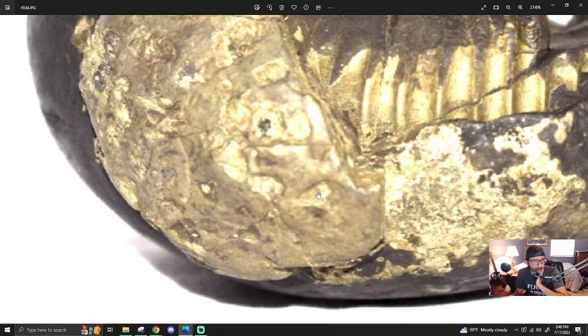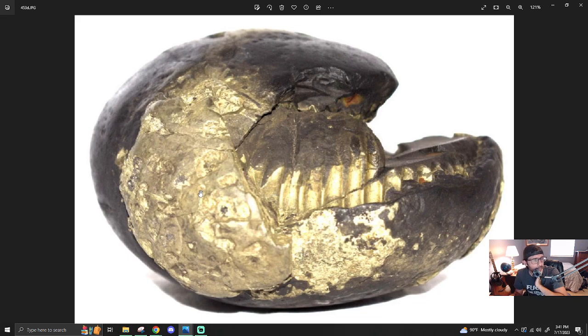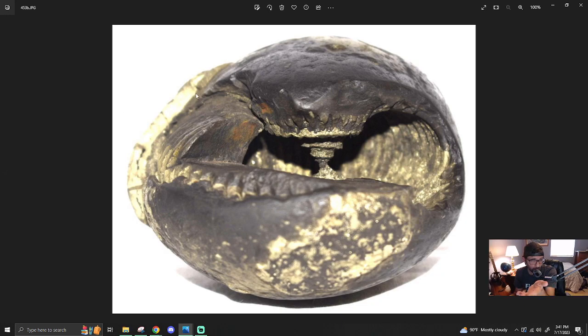What's going on here? It's like an ammonite. This material got deposited in a layer atop the outer portion of this, because it's atop it,